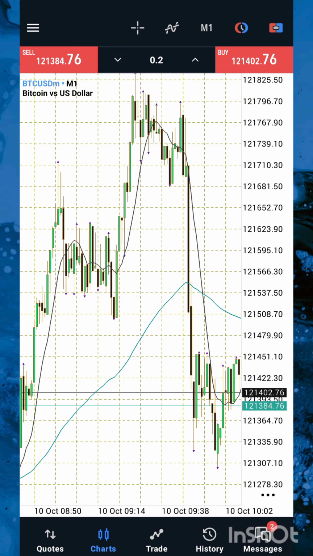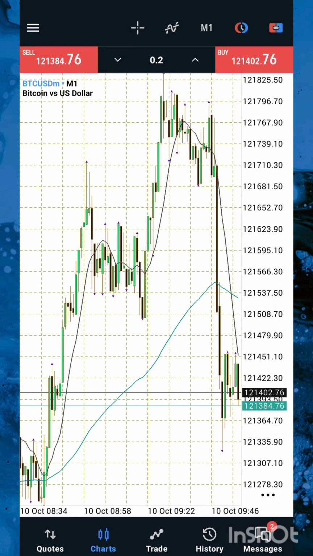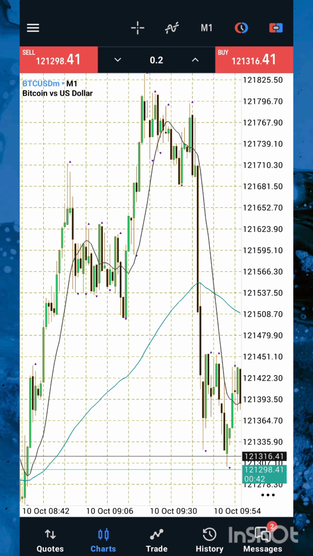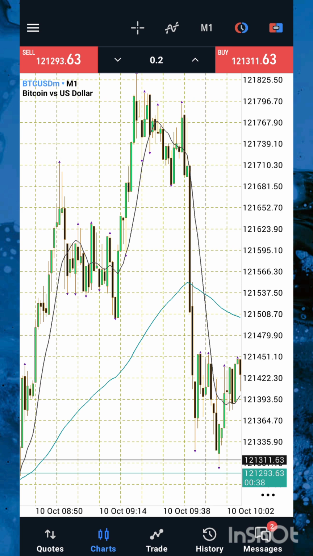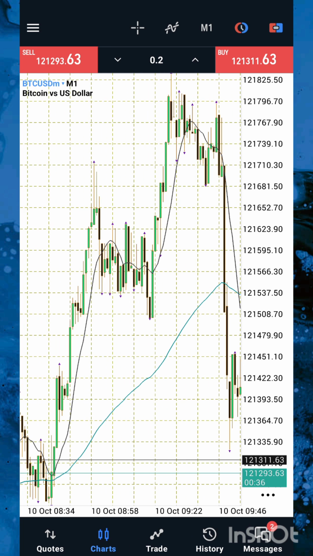All right, guys, so right now I want to show you a quick one on how you can place a zero loss trade, that is counter trading, and how you can just quickly manage your losses. Let's take for example, this one is for scalping, because most of the times I scalp, so I'm talking